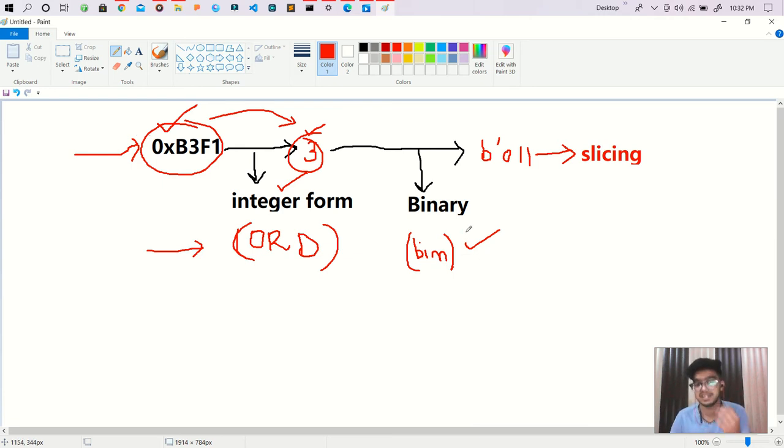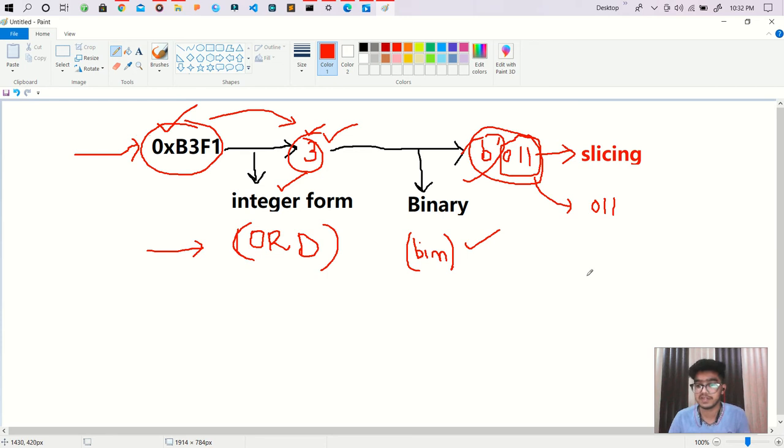I am converting that data into binary, and the data we get is in the form of 0b011, and we only require that 011 part. We have to ignore the 0b part, so we do slicing, and this 011 is actually a 3.